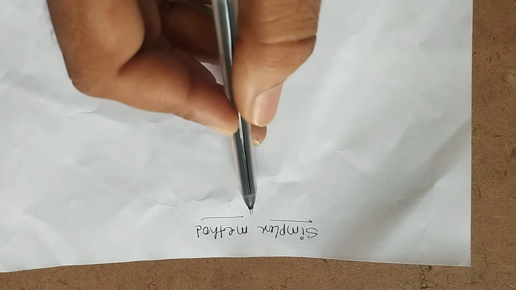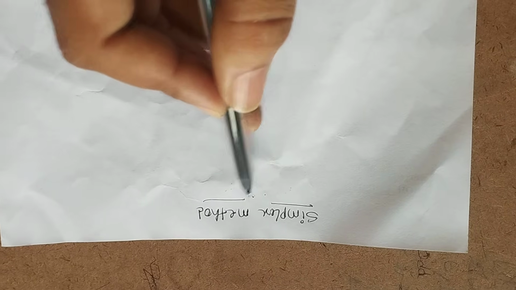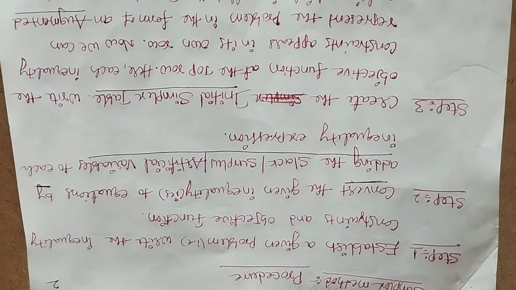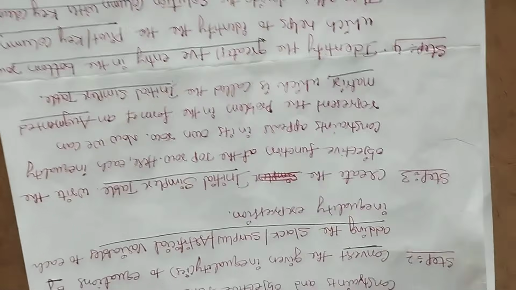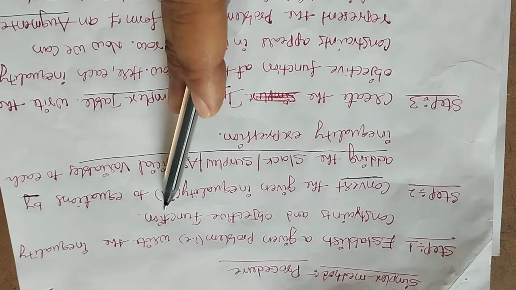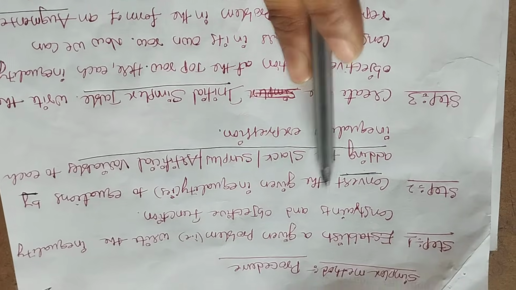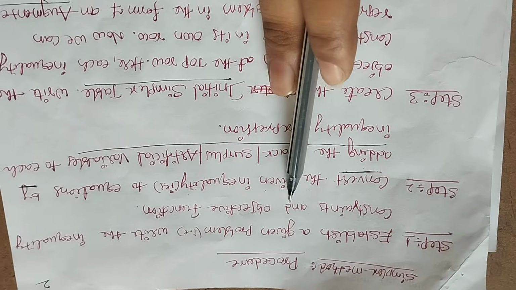And in the simplex method, to solve an LPP problem, there is a procedure. Let us see how many steps it has and what the procedure of the linear simplex method is. There are 6 steps. The first and foremost step is to establish the given problem, that is, write the inequality constraints and objective function. That means we have formulated one linear programming problem,